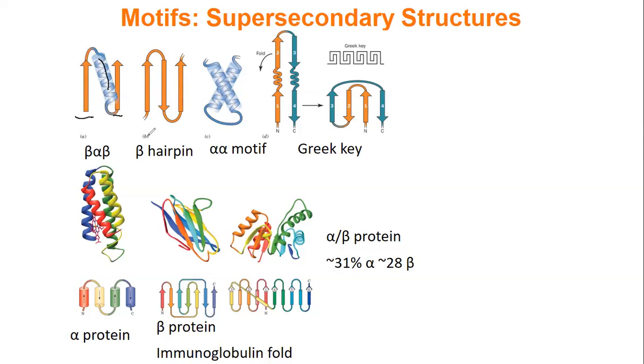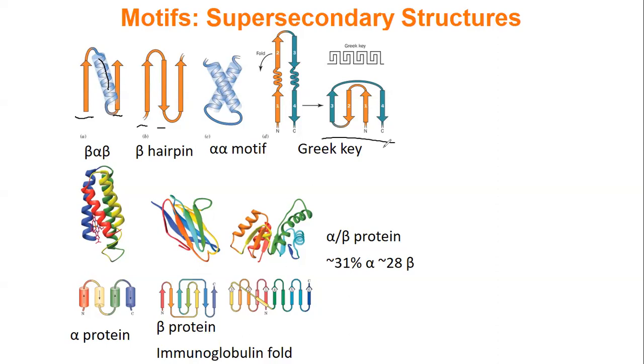Or they could be having a beta hairpin in their structure, where you look at their overall structure and you notice, oh, I have a beta hairpin. Or, you know, a Greek key, which is beta sheets folded up on each other. So I'm not going to ask you to memorize looking at a beta, alpha, beta, beta hairpin. I just want you to be aware of the fact that